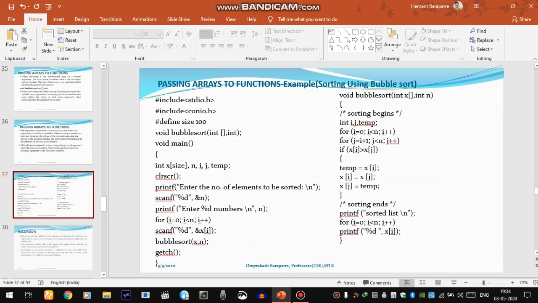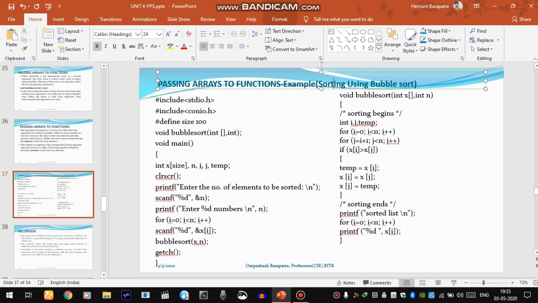Now we can see a simple sample program for the bubble sort. The bubble sort program we have written earlier in unit 3, the same problem is done here with the help of functions. Like we have said, this particular function declaration is used for providing the idea that we are passing an array.